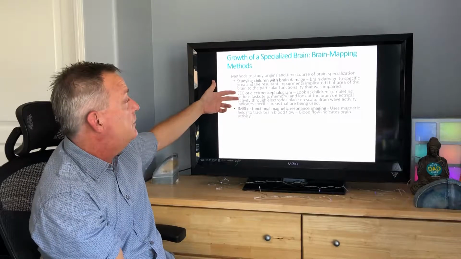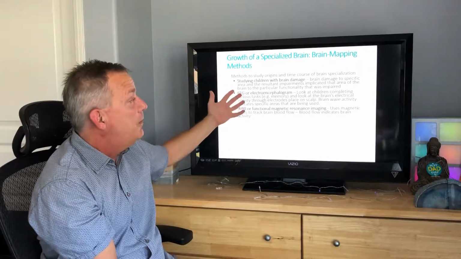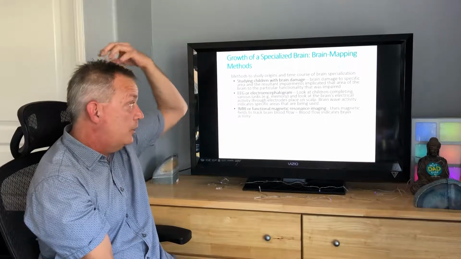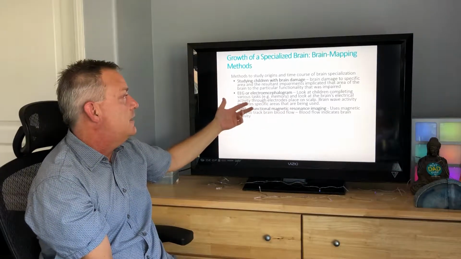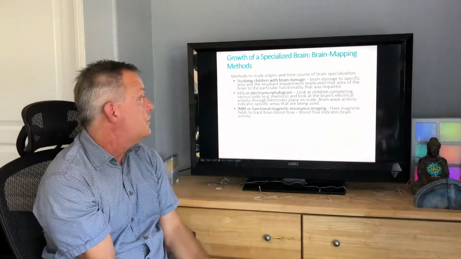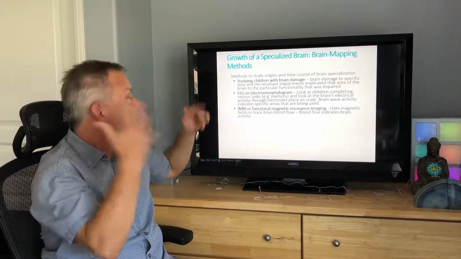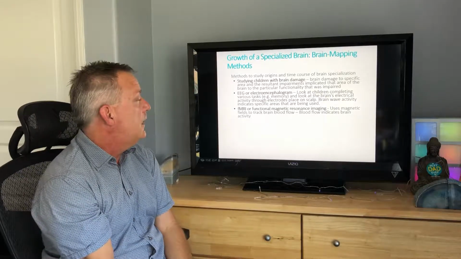EEG, or the electroencephalogram, you can look at children completing various tasks, for example, a memory task, then look at the brain's electrical activity through electrodes placed on the scalp, and then the brainwave activity, of course, indicates that specific areas are being used. And another way to look at the brain is through fMRIs, not as convenient